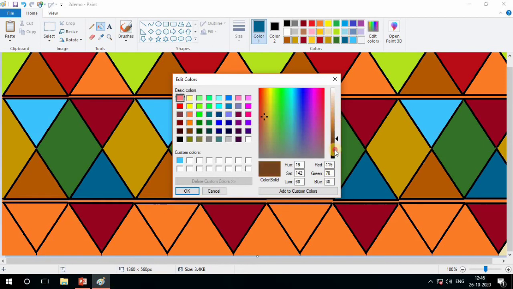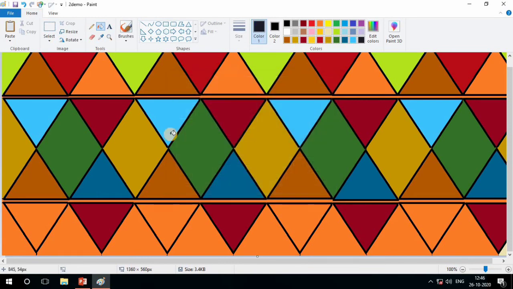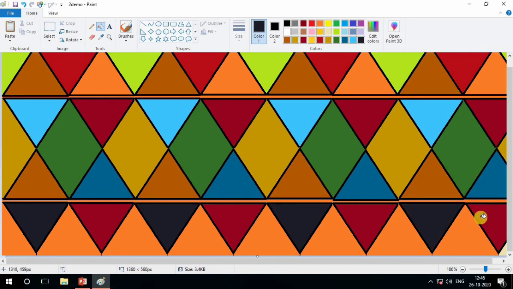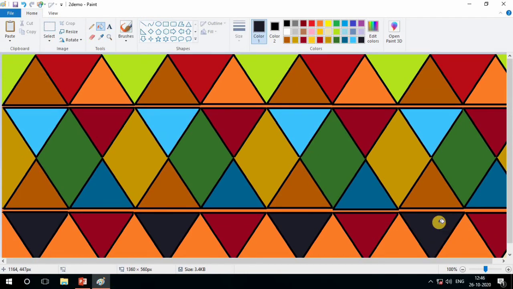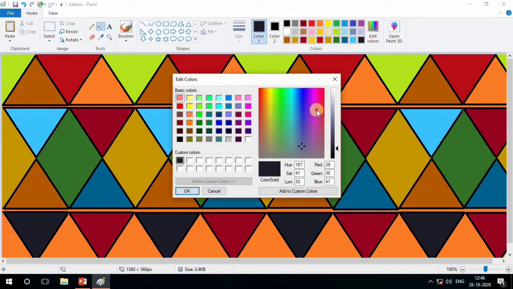The last one that we have to fill with the dark shade, so I choose this one and okay. Now I want to fill here. Yes, so this shade is filled here. And how does it look? Tell me how it looks. Nice or not? Who will give me an answer? Does the picture look nice or not?